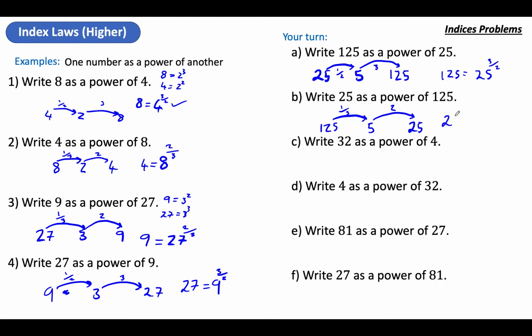So 25 is equal to 125 to the power of, put the third and the power of 2 together,